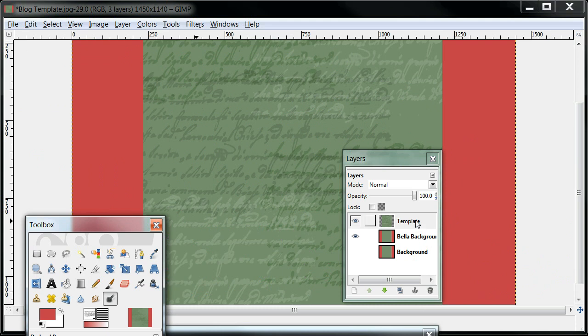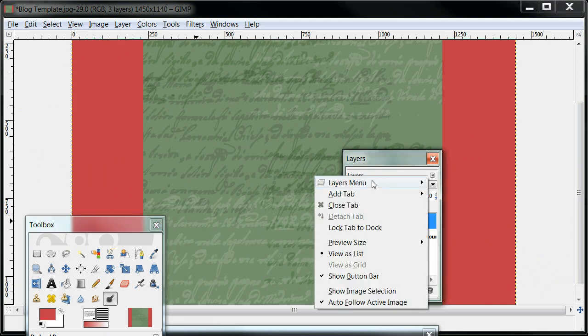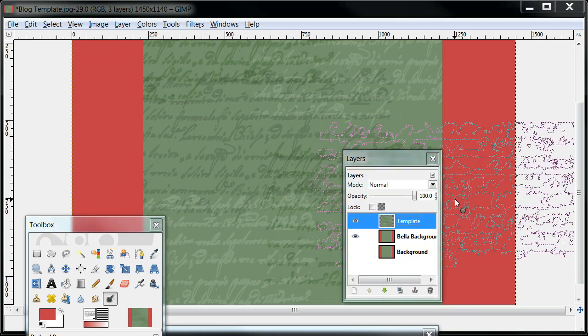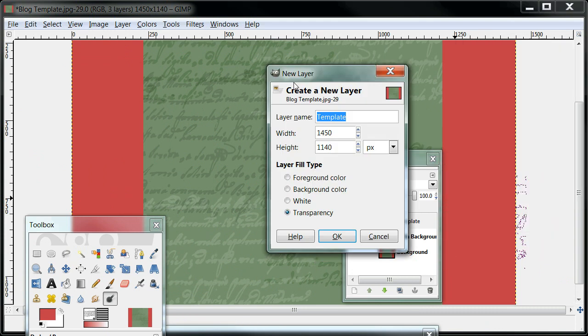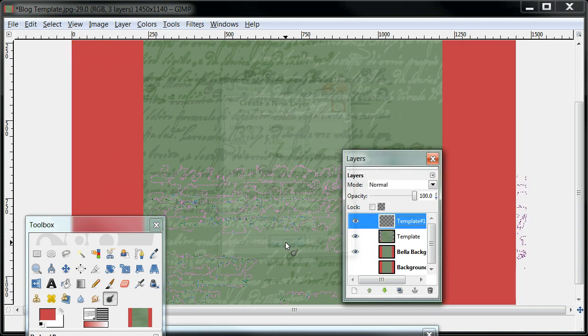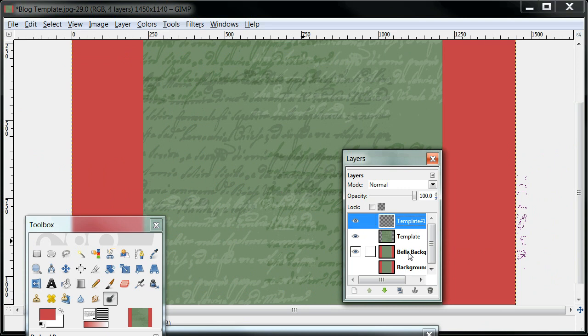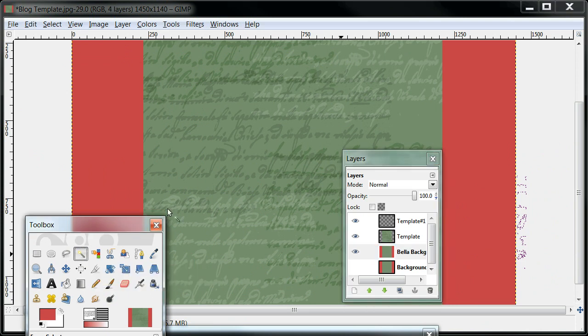All right, now I'm going to come here and I'm going to make a new layer, and my new layer window shows up, and I'm going to press OK. Great. And I'm going to go back to my original background, and I'm going to take my fuzzy select tool,